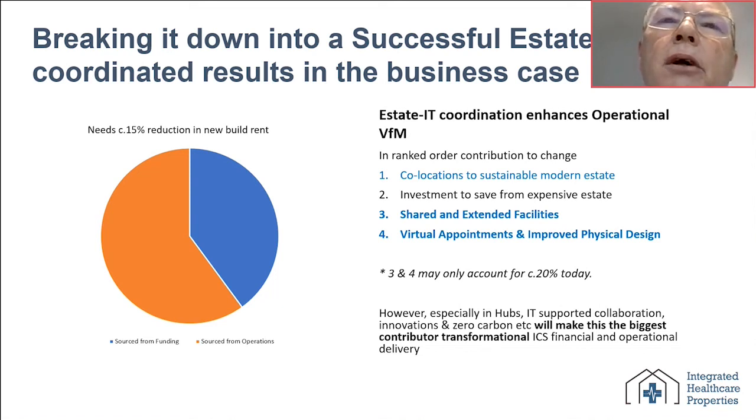Now, the big proviso I've got here is we probably rate that about 20% of the incremental change in a business case at the moment. It's important, but it's not going to carry the business case. It's the combined event of what you've got out there plus these incremental changes. However, our view, my personal view is